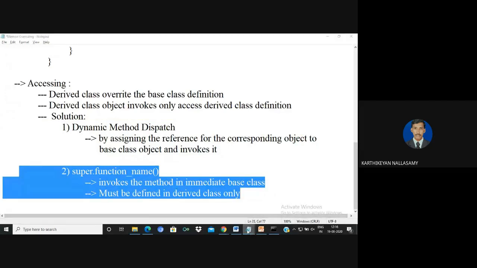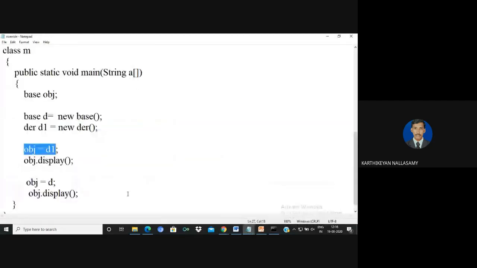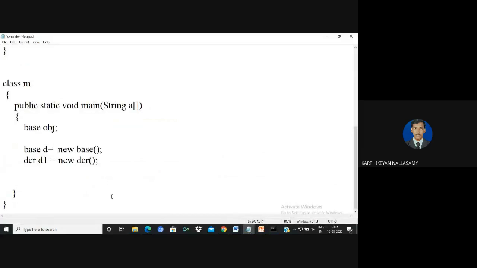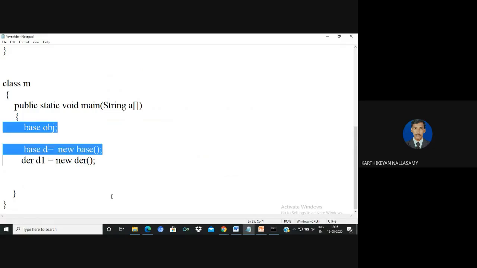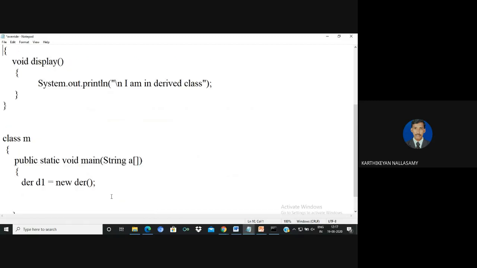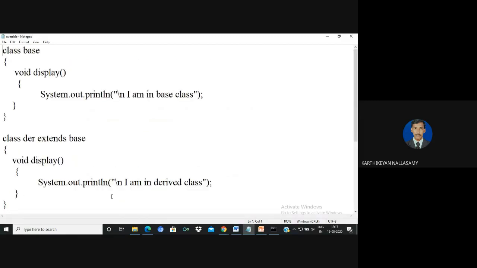For example, I'm not interested in creating a base class object. I want to create only the derived class object, but using this object I expect to invoke all the methods, present in both the base class as well as the derived class.